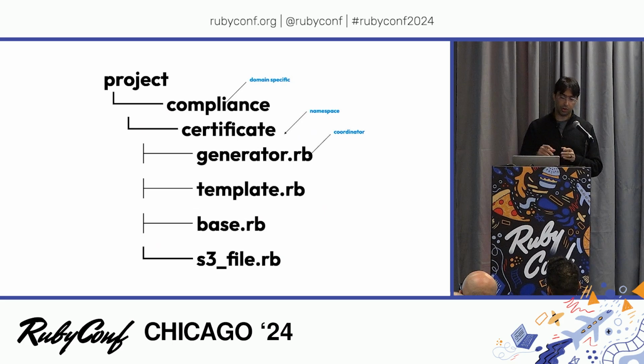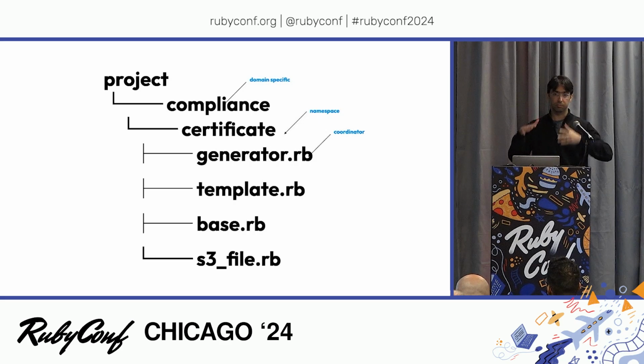The first example here, we made a folder called compliance. And a lot of you might be saying, well, what is compliance? So that is domain-specific knowledge, meaning this is domain-specific language. This is language that is specific to those people, right? The customers, what we're working on. And in this case, compliance means you have to take that course. CPR training is required, you have to take it. And so that's what we did here.